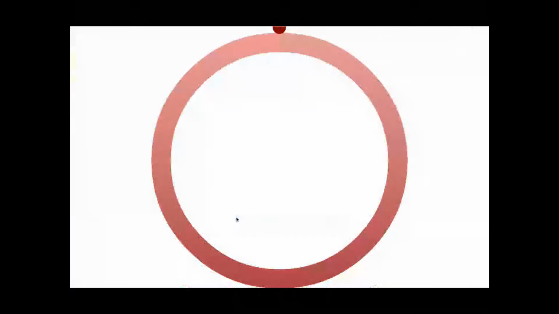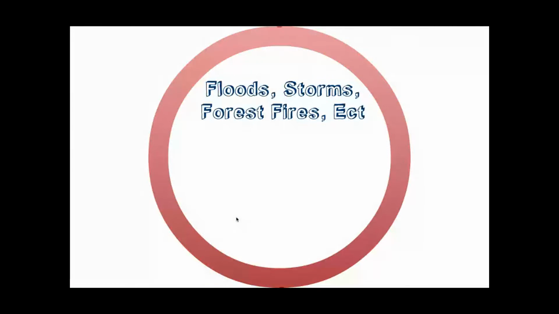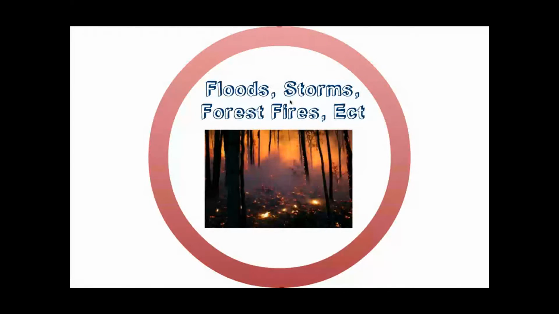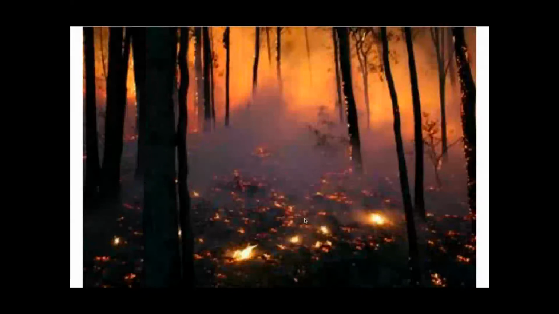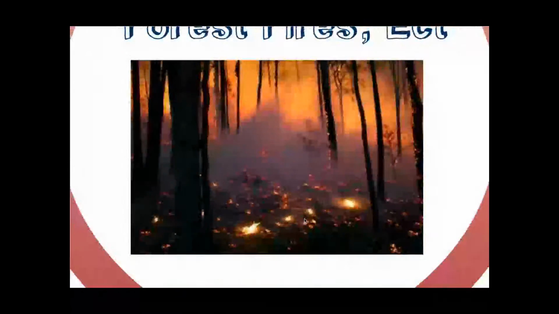If you think about natural disasters that could remove living organisms but keep the soil, I always say things like floods, storms, forest fires are a great example. This fire would come through the forest. It would kill all the animals. It will kill all the plants and trees, and all the shrubs would burn. But what you're left with, the soil is still there. So an ecosystem can grow right back into that soil. That dirt will provide the area for regrowth, if you will.